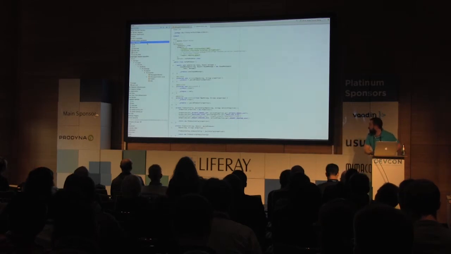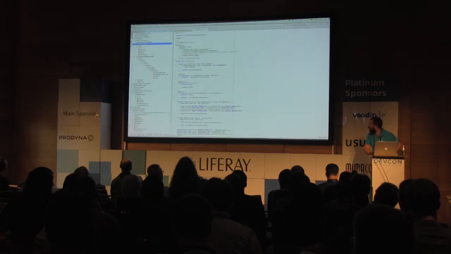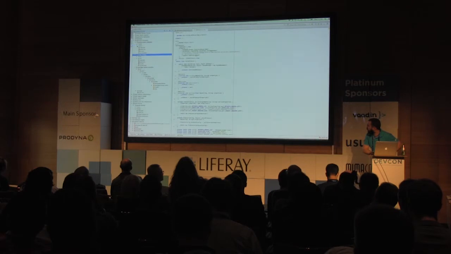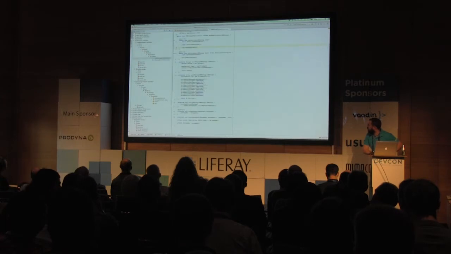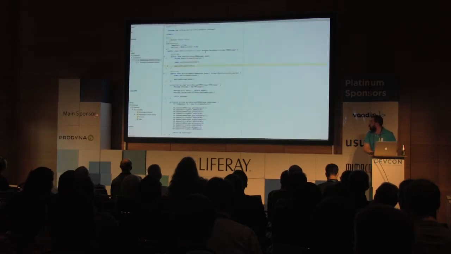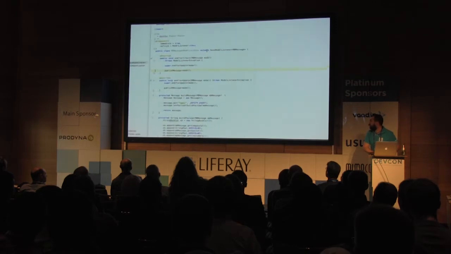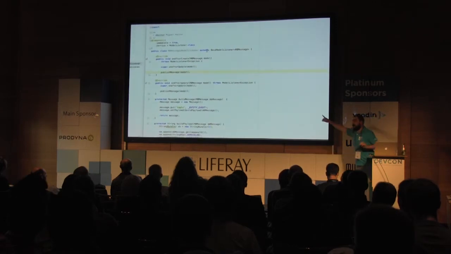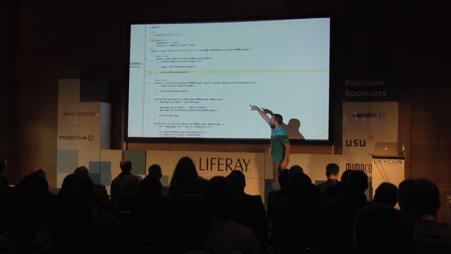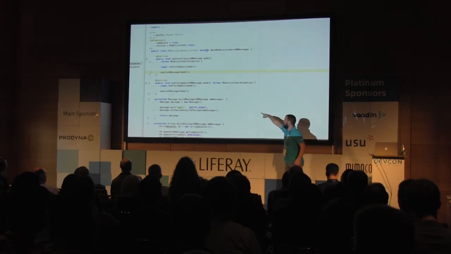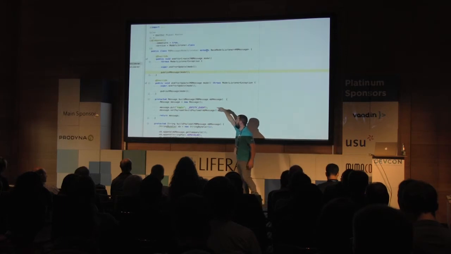It's fairly easy. Let me open. So I have here, this is just for demo purposes. Please don't use the model listeners, okay? This is an advice, take it for free. But again, this is an OSGi service, okay? Every time I publish a message, I want to store it, I want to send it to Kafka, okay?